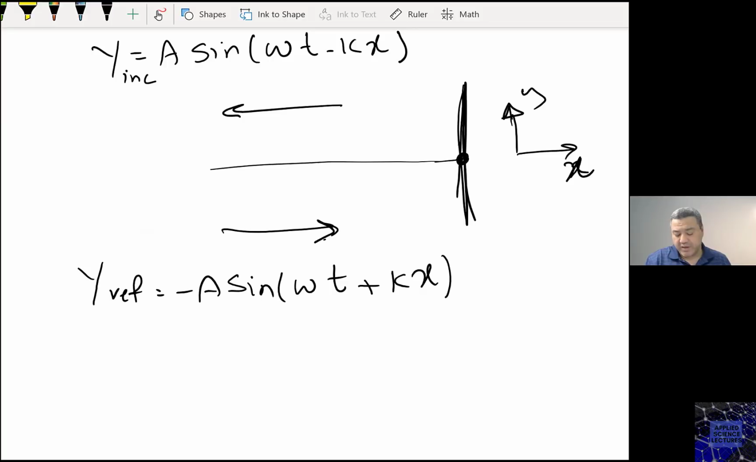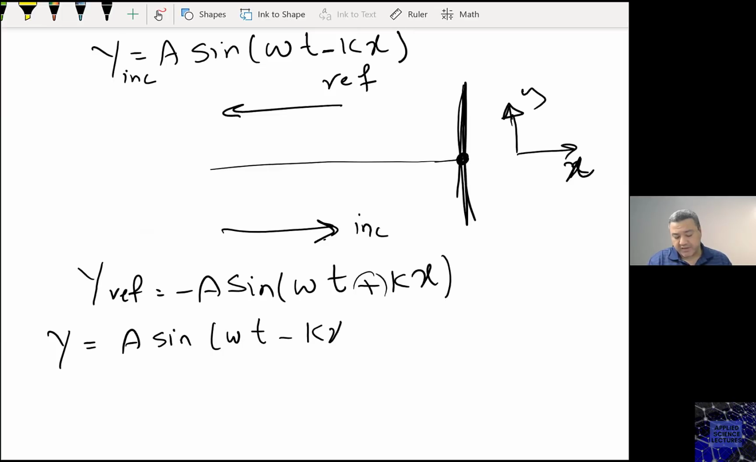X, Y. Then here is the incident, and here is the reflected. So the incident is positive, that's why we're going in the positive direction, that's why this is minus. The reflected is going in the negative direction, this is why this one is plus. Now, if I add those two due to the interference, then the total signal would be a sine(ωt − kx) minus a sine(ωt +